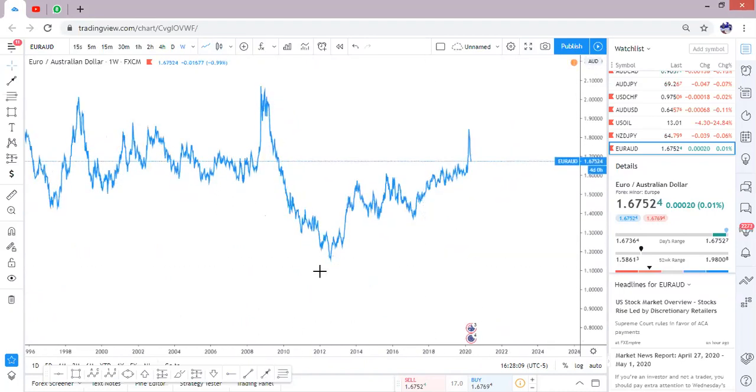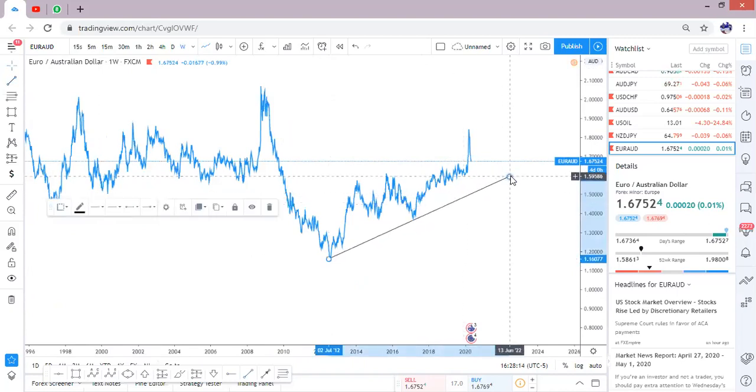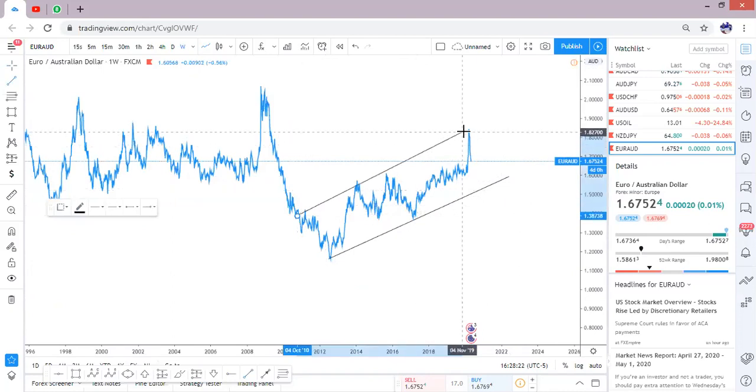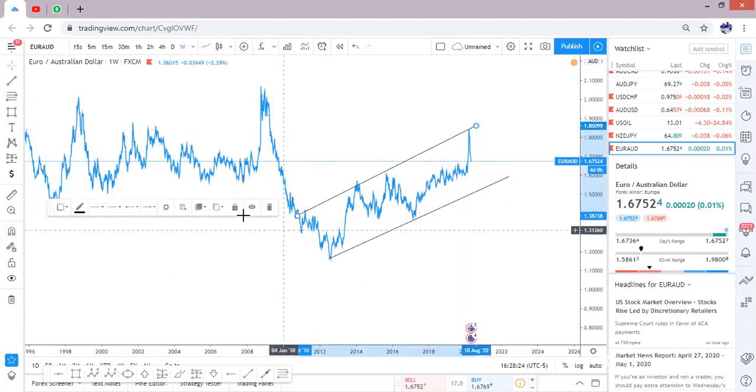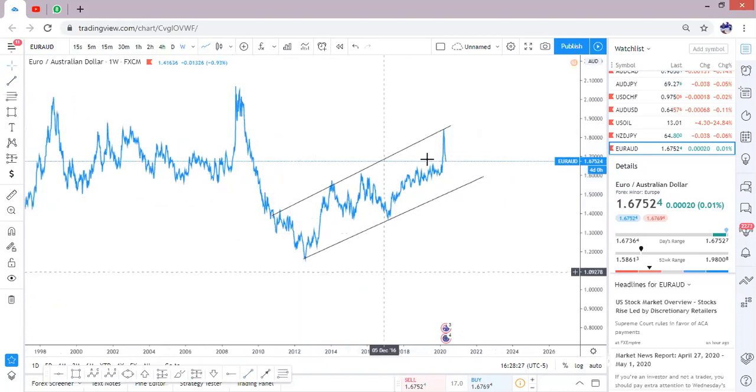So this particular pair will be the last pair I'll be looking at tonight before I call it a day. You can see we're in an uptrend, an ascending channel. Very easy to spot. In general, if you break down to the smaller time frame, we'll be looking to sell to give us a top touch here. We already have 1, 2. The third touch here has been completed. This ascending